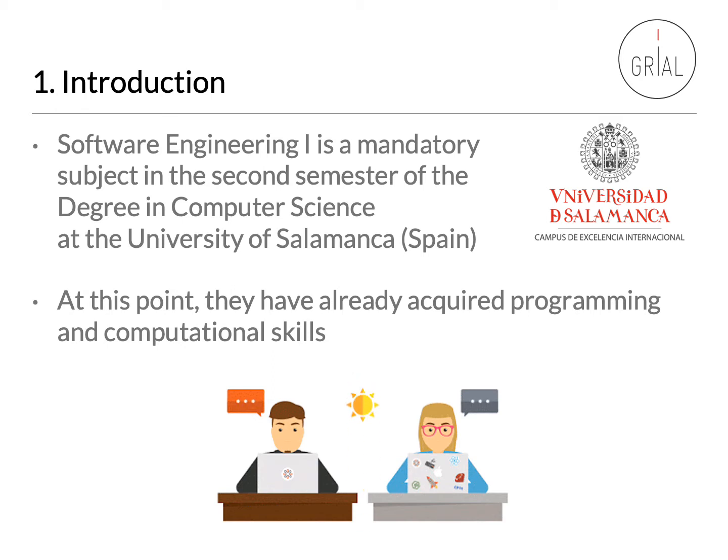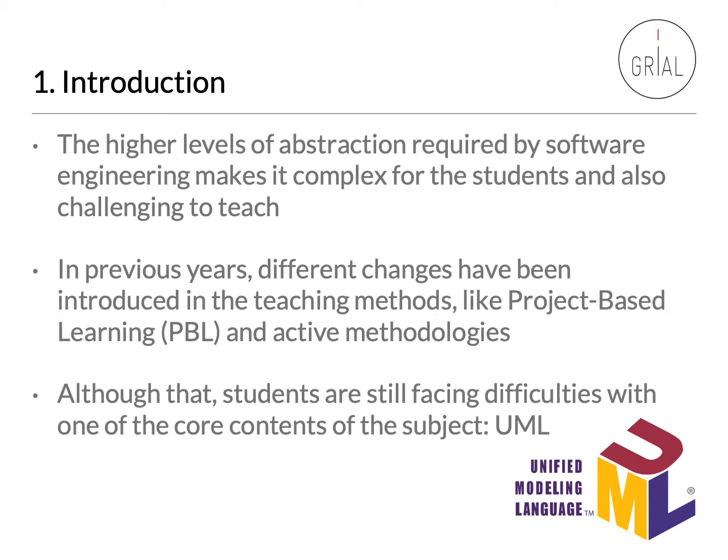University of Salamanca. This course is taken in the second semester of the second year after the subjects related to programming and computational skills. So, the students learn how the early stages of the life cycle of information systems are carried out. The higher level of abstraction required by software engineering makes it complex for the students and also challenging